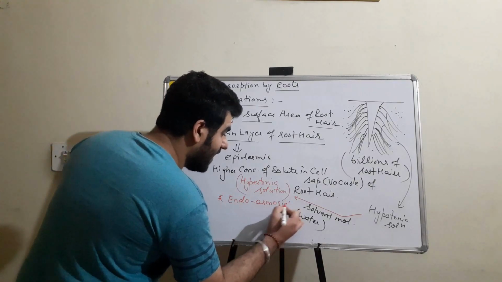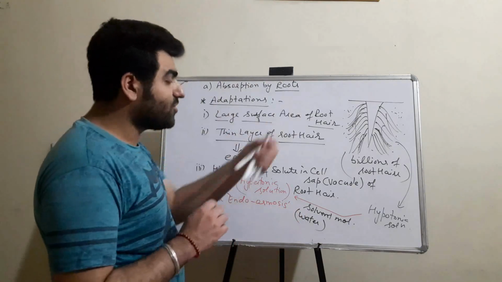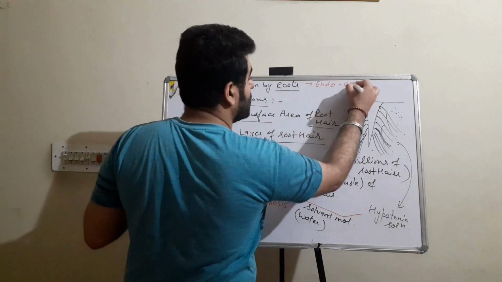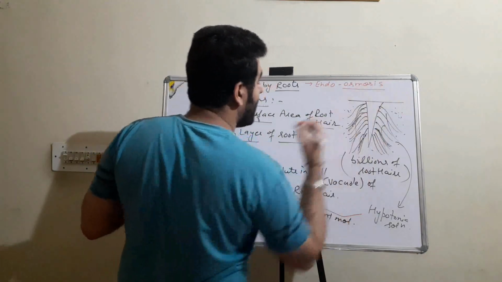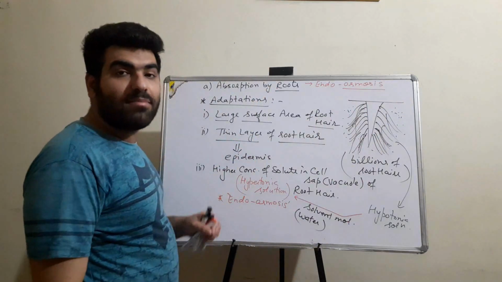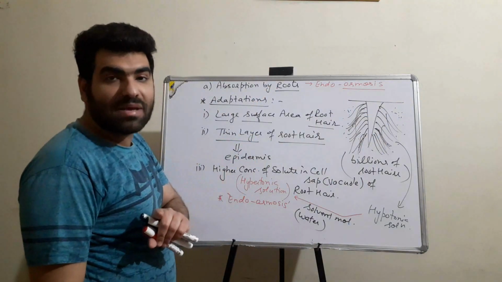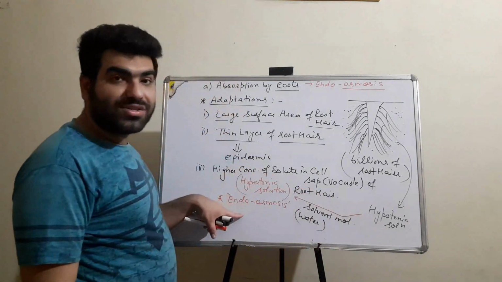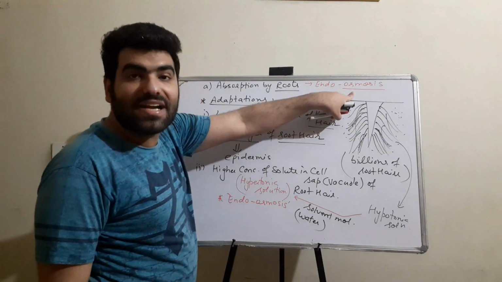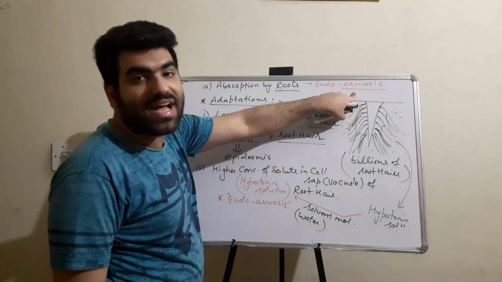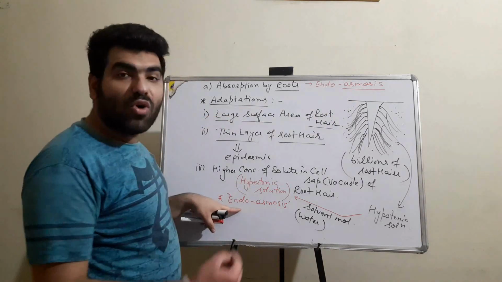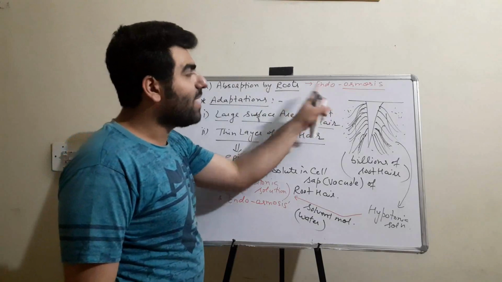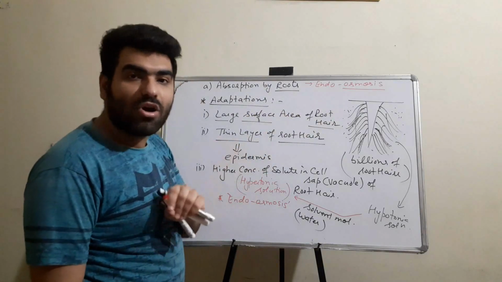It means that this process which is taking place is endoosmosis. So a very important question: the absorption by roots is by which process? The process name is endoosmosis. Why osmosis? There is a semi-permeable membrane, the cell membrane acts as a semi-permeable membrane, and there is the movement of solvent molecules from higher to lower concentration, which satisfies the definition of osmosis. That is why this is osmosis. And here the water is moving inside a cell, that is why the word endo is used. So absorption by root is known as endoosmosis.